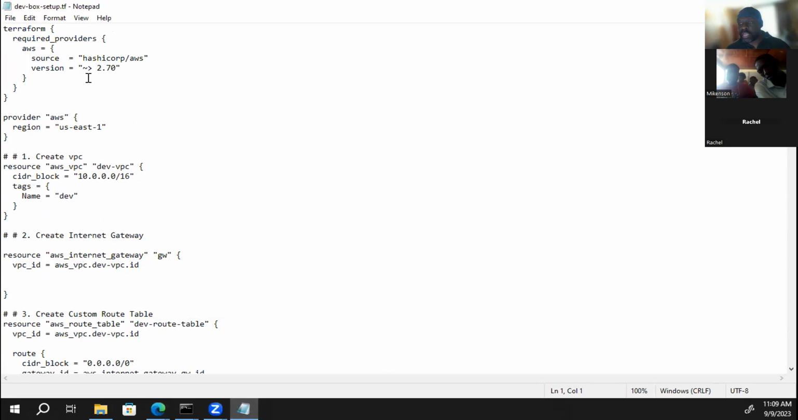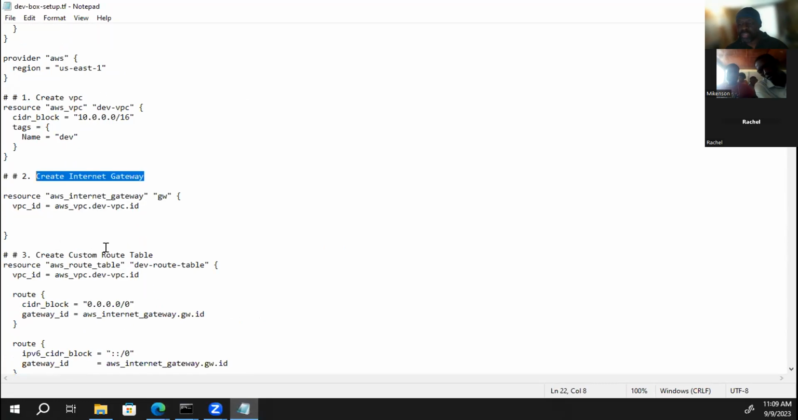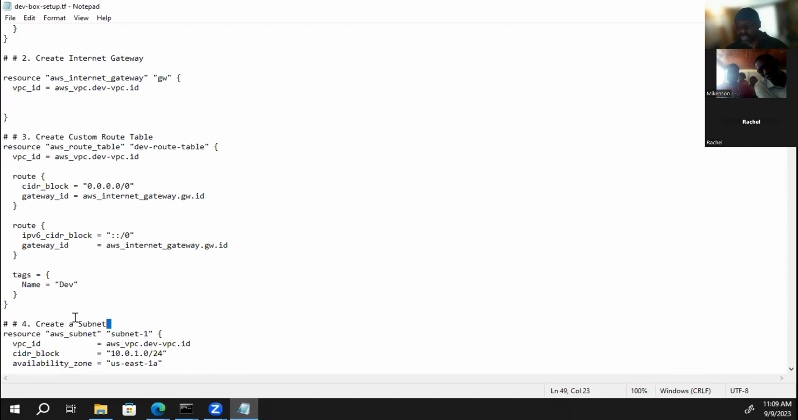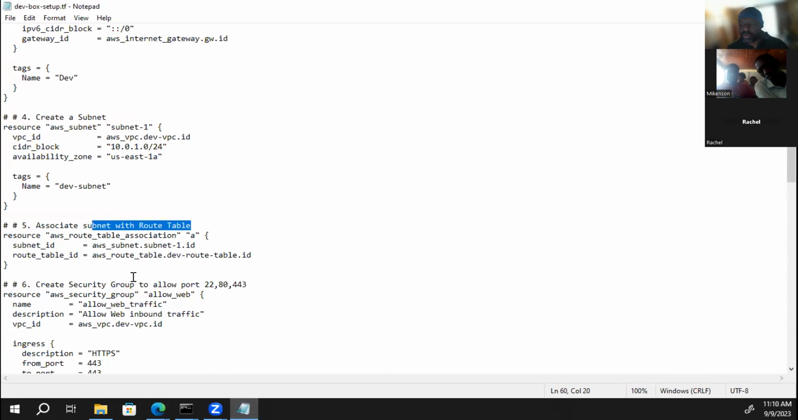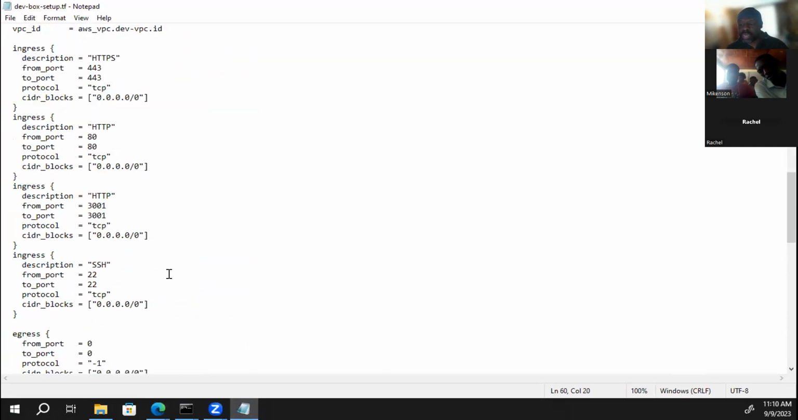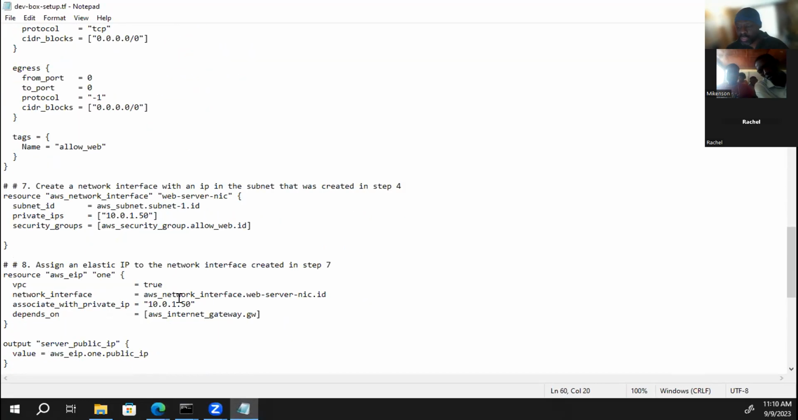But in these notes, I'm saying what I want to do, right? I want to create a VPC, create an internet gateway. I want to create a route table. I want to create a subnet. I want to associate these put together. I want to create a security group. I want to create a network. So think of all these different, I'm going to put this in the chat, like all these different,